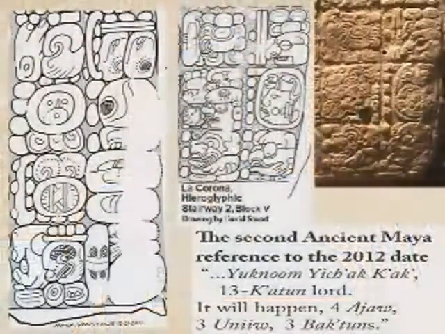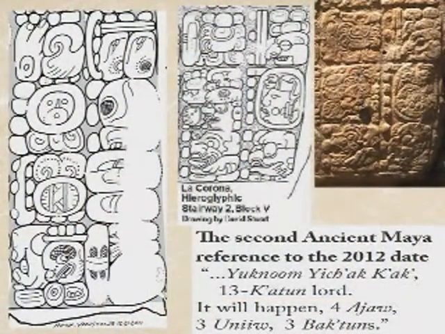And he calls himself, this is the number 13. See that? 3 dots and 2 bars is 13. This is the word for Lord, and this is the word for Katun. The 13 Katun Lord, which means that he was crowned in the 13th Katun. He associated himself with a time period with a 13 on it. And that is probably why he's linking himself to the next date that has a major 13 in it, which is 13.0.0.0.0. Does that make sense? It doesn't make much sense to us, but to them that was like major juice. So he associates himself with that date because he was crowned during the 9.13.0.0.0. And that's all he says.